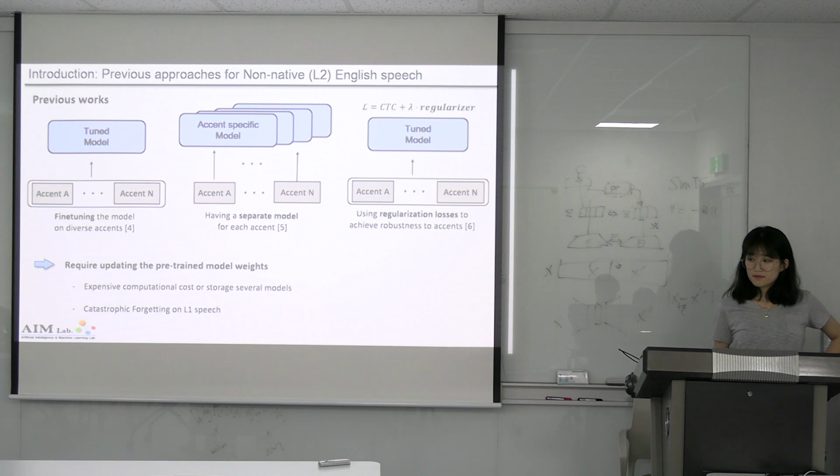And the first figure and the third figure, the third figure has CTC plus lambda regularizer. Why do you want to do a regularizer on the third one? What is the motivation of using the regularizer? Also, to get not just fine-tuning on the CTC loss, there is a paper that uses regularization. So they propose some regularization loss to get some robustness to the accents. Robustness to the... I don't. Okay, well, okay, now,